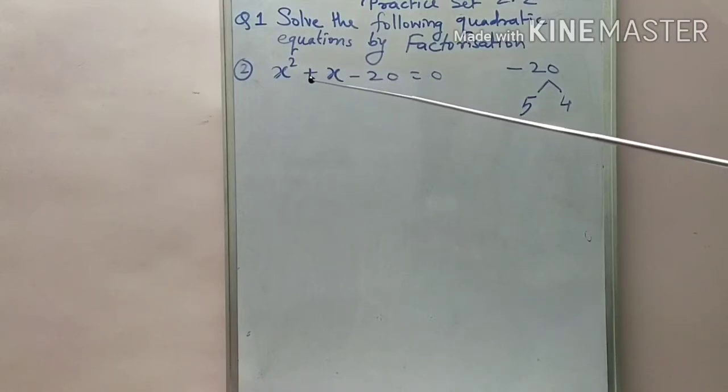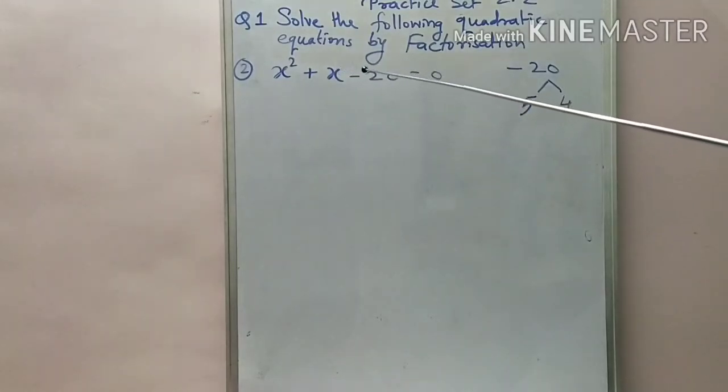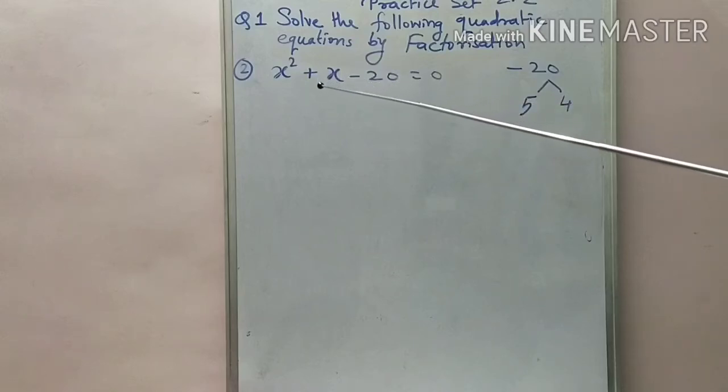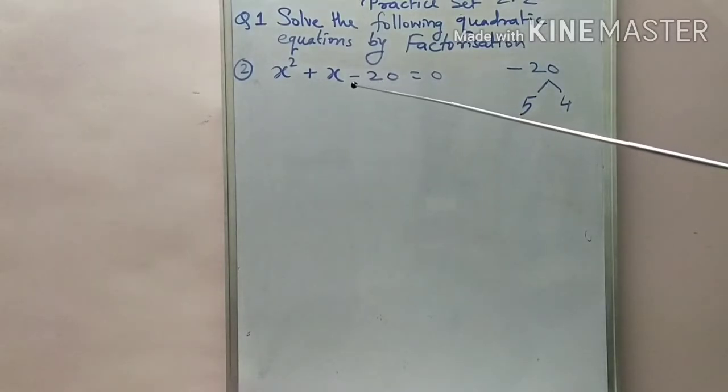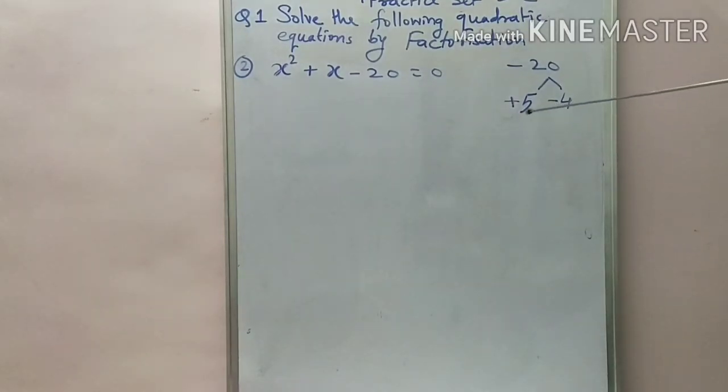Which one is plus and which one is minus, that we decide by the middle term sign. Always give the middle term sign toward the greater value. If plus is here, meaning addition as the middle term, we give this middle term sign to both factors. But if there is subtraction, then give the middle term sign toward the greater factor only, and the remaining factor gets the opposite sign. So here we give the middle term sign plus to the greater factor, so 5 is plus and 4 is minus. Now we factorize, or bifurcate, this x with these factors.